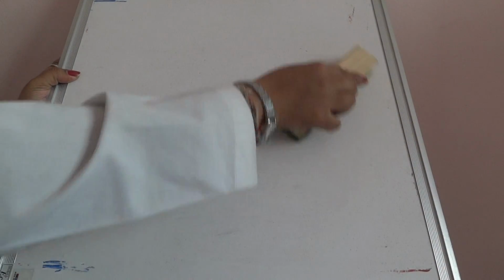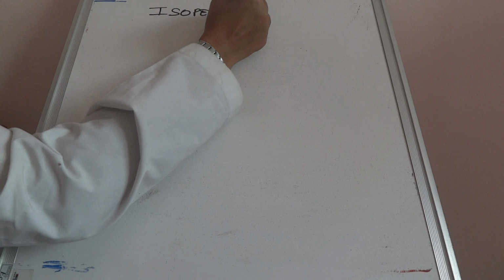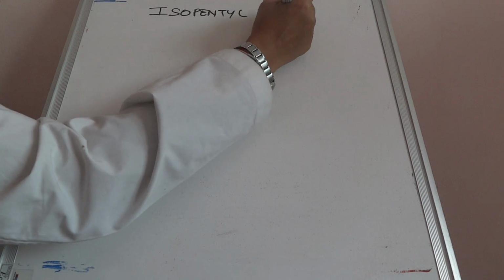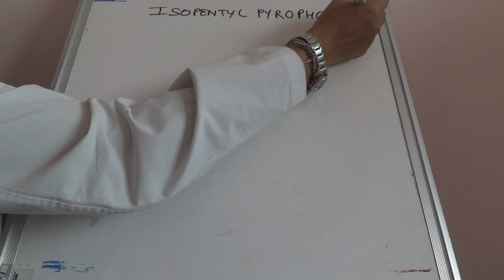Isopentyl pyrophosphate has been formed. Now coming to one mnemonic for the next part of the reaction. Now we have formed isopentyl pyrophosphate, so it will start with isopentyl pyrophosphate, which is a 5-carbon compound,